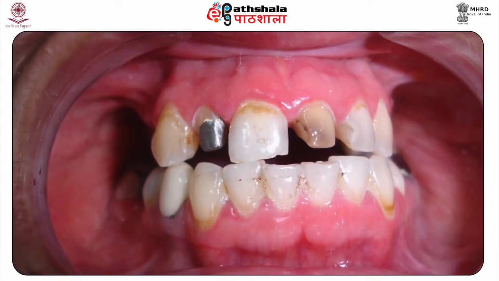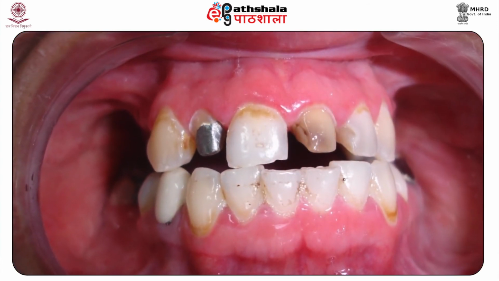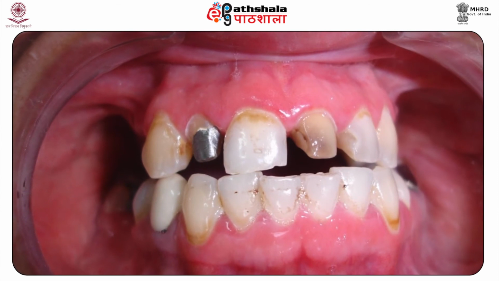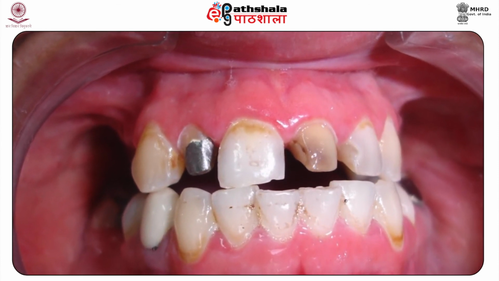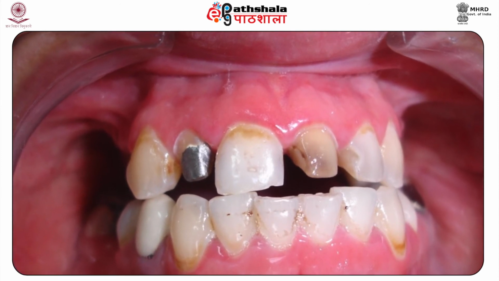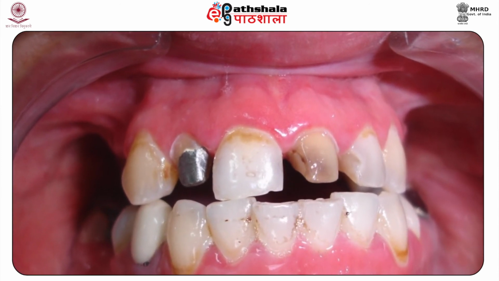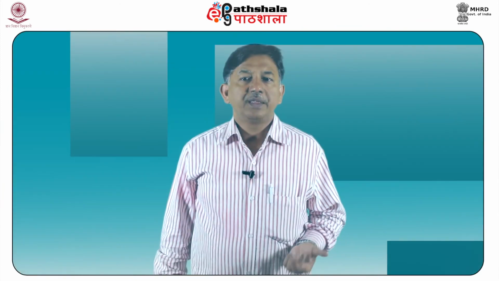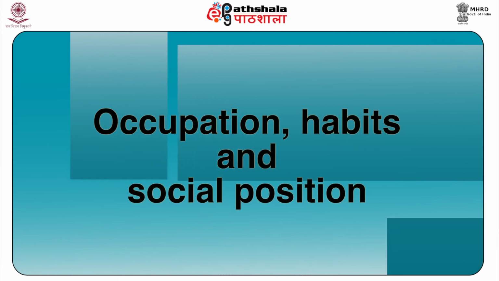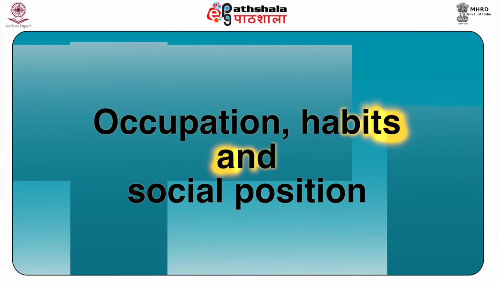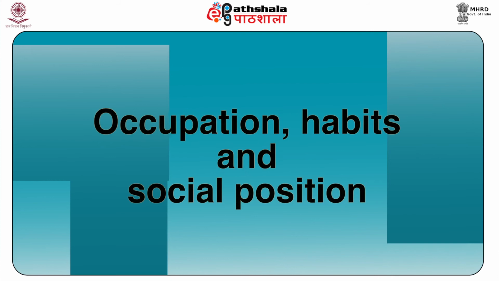Occlusion and malocclusion are described according to whether the jaws have a normal relationship when closed and the teeth may be misplaced, or whether the relationship of the maxilla and the mandible is disturbed. The amount of overjet and overbite, these are the two terms, should also be noted, as well as the first lower molar relationship. Then the next parameter, or I can say the last parameter, is occupation habits and